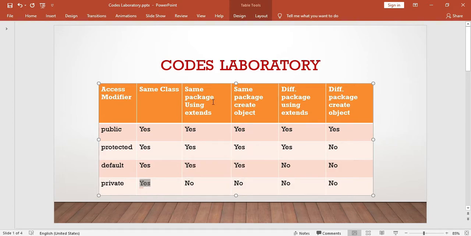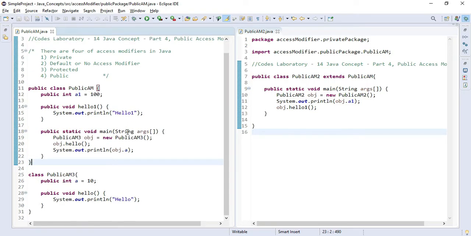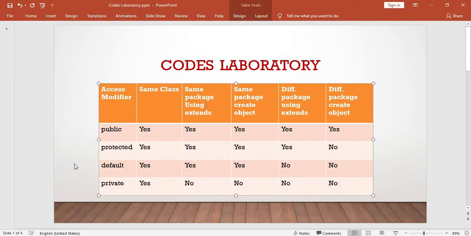Now let's talk about the second scenario. Same package using extends keyword. It means, let me show you. As you can see, this is the public package, and in this package we have two classes. So if we try to do extends with this class, whether we will be able to access those properties or not. If the properties are public, yes, while using the extends keyword, we can access those public properties.